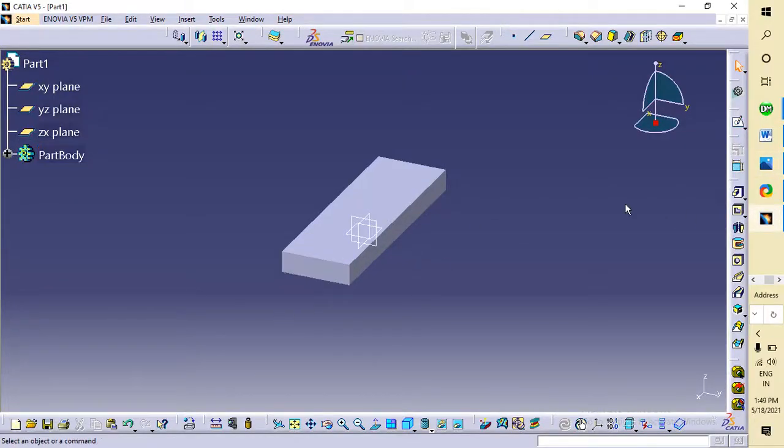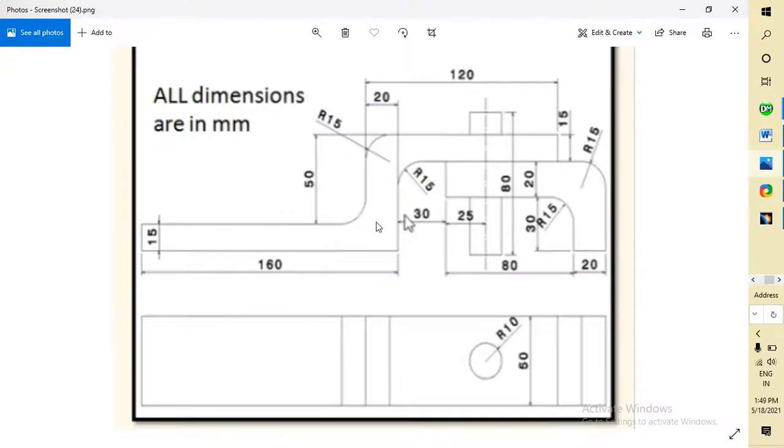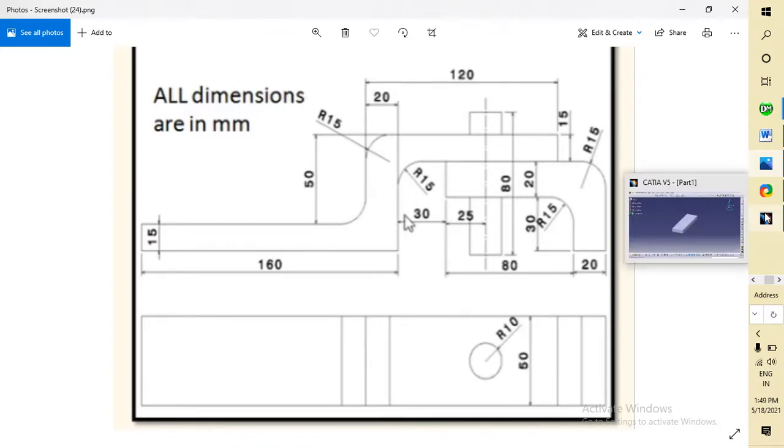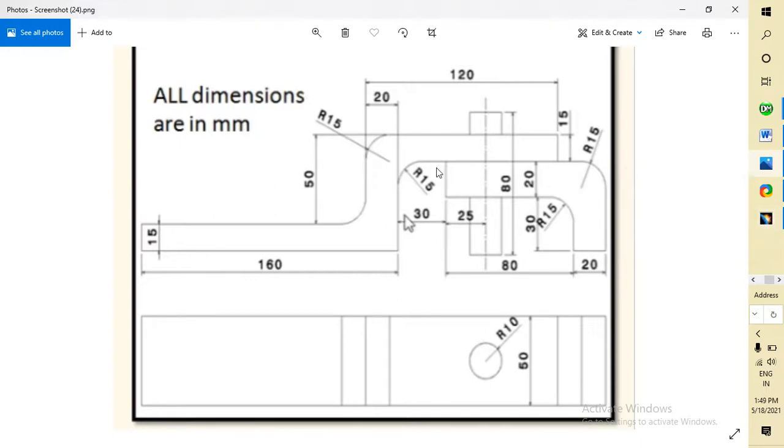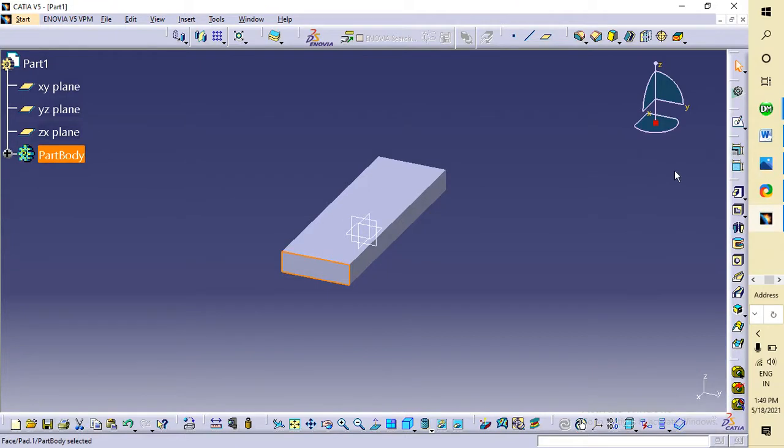So now you have to make this above part and this part. I'm selecting this cross section part to make this vertical part, and for this I will select this top part. It is 50 from bottom to here. I will only draw the height till here, so it is 15. From here to here it is 50 guys. From here to here it is 65, and I want to draw from here to here. It is 50. So I'm selecting this one.